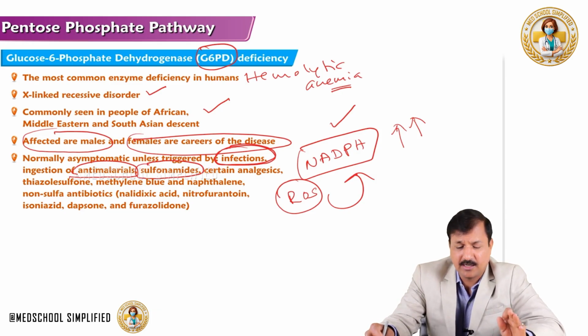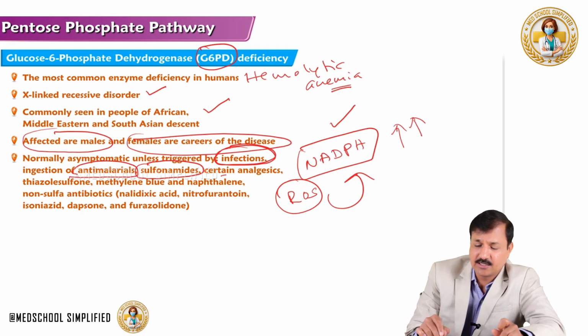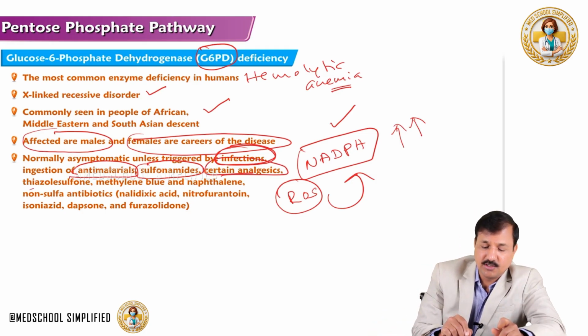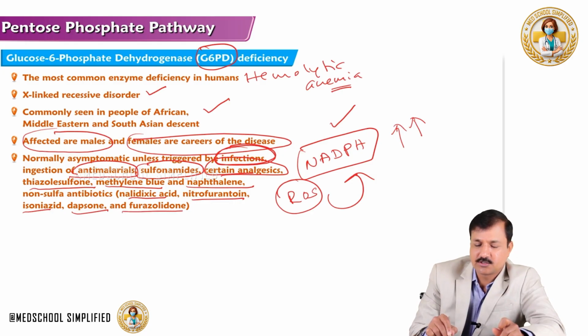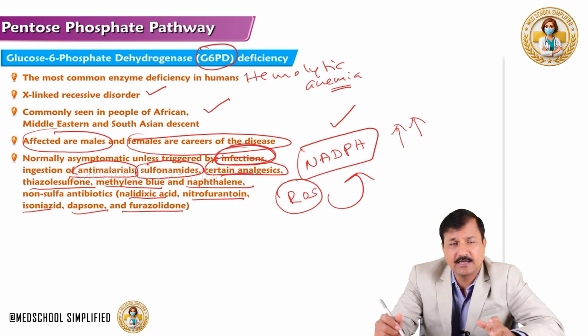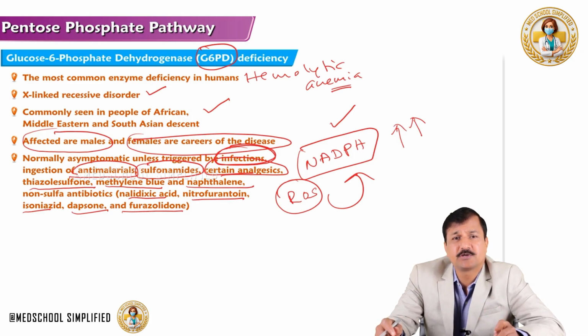Certain analgesics like aspirin intake, or thiazosulfone, methylene blue chemical, naphthalene chemical, or non-sulfa antibiotics like nalidixic acid, nitrofurantoin, isoniazid, dapsone, furazolidone, all these drugs, whenever a person takes these drugs for whatever reason, if that person is already glucose-6-phosphate dehydrogenase enzyme deficient,